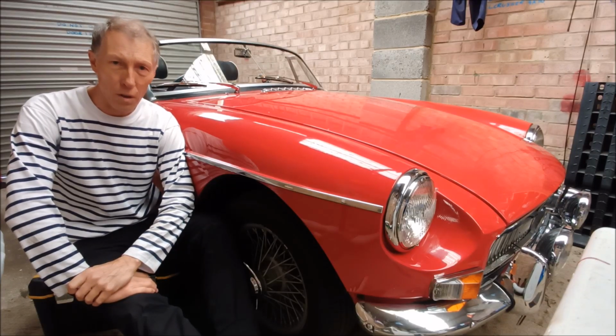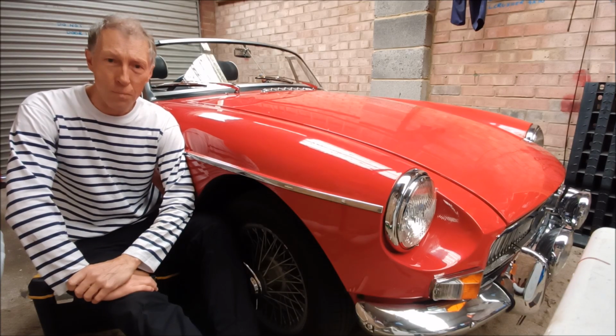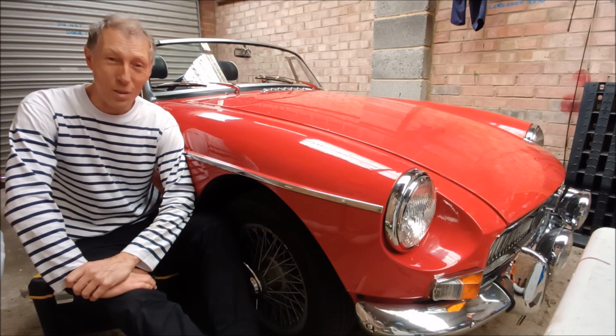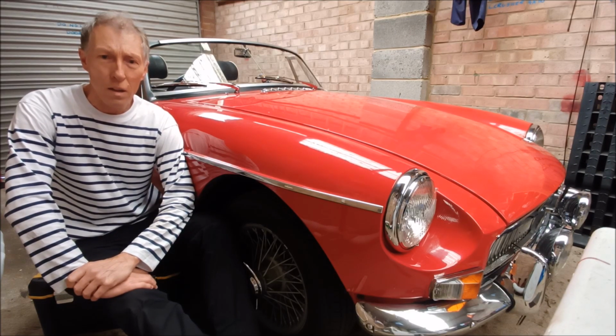When I came to look for another car, I used a list I had compiled years ago. It needed to be a runner. It needed a little bit of tender loving care. There were going to be no show cars for me. I wanted an original chrome bumper car, 5 bearing, overdrive, either navy blue or red, and it had to be